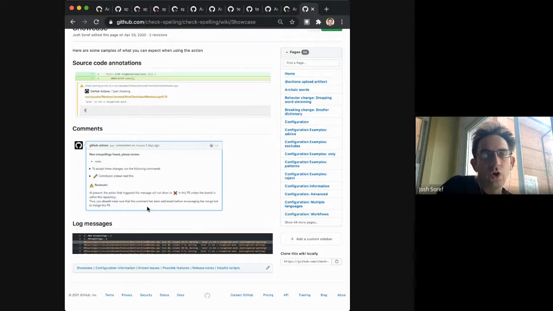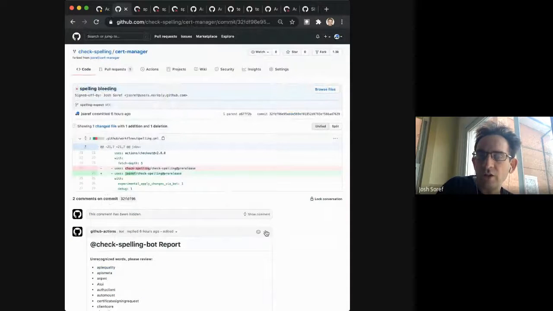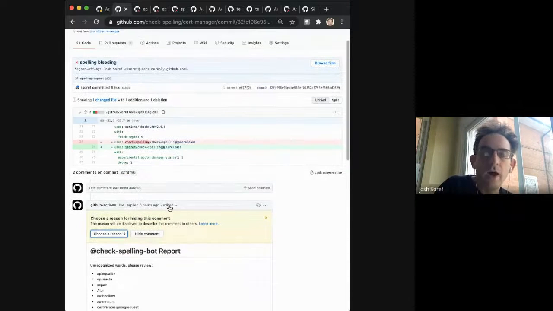Then if you are the owner of the repository, or maybe only the owner of the repository, maybe the owner of the PR, you can try and hide a comment. So I can click on this and choose hide. And then I can give it a reason. I can say it's out of date or off topic or whatever, or it's a duplicate. The last reason is that the bot itself,